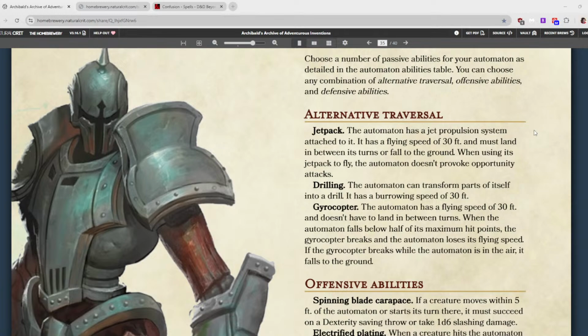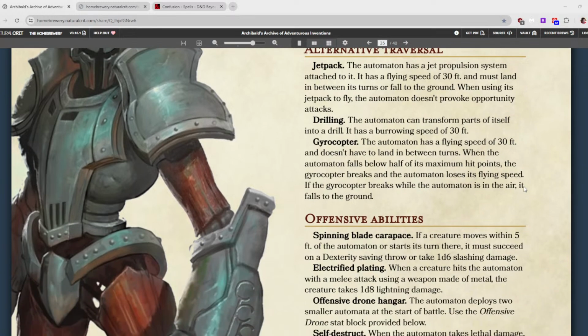Yep, you have a jetpack. I feel like I don't have to explain jetpack. Your robot has a jetpack. No, I think you should explain jetpack. No. Drilling is cool. You can transform into like drill bits for arms. I like that idea. Most people don't think of burrowing speed. It never comes up, and if there is, it's always very slow compared to the other kinds of things. I do like that there's a jetpack in here, which you could flavor any way you want, but specifically